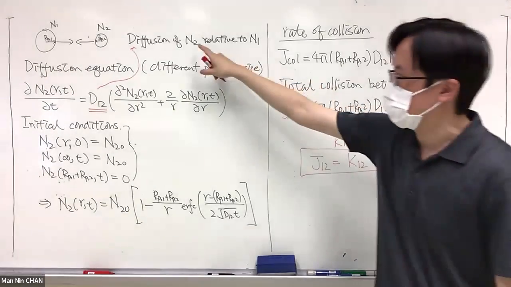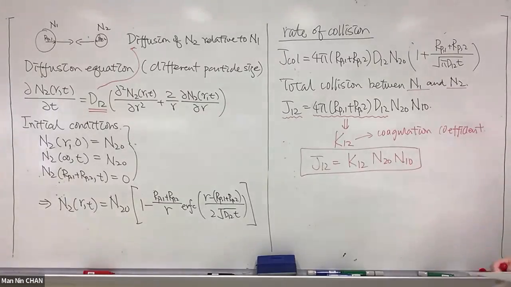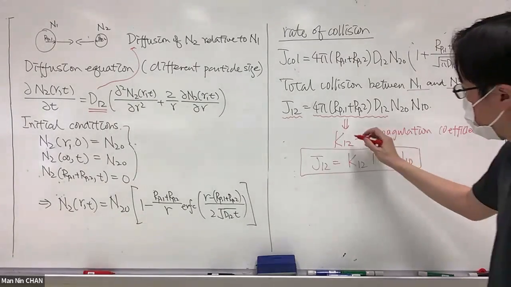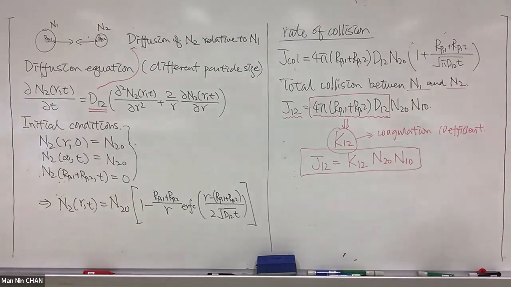For these two particles with different sizes, K1,2 times their concentration, or the initial concentration in this case. But now we want to do some analysis for your K1,2, for this term. So one thing like we did,